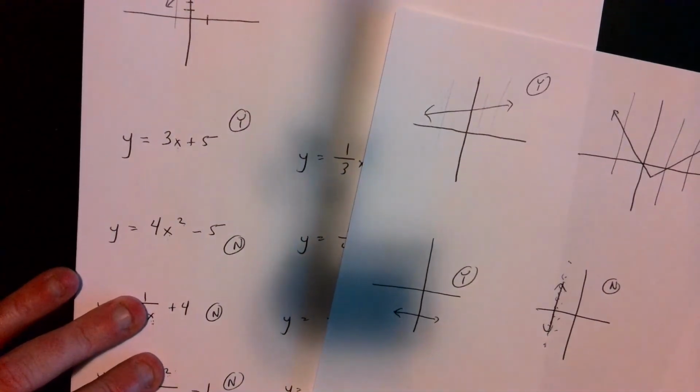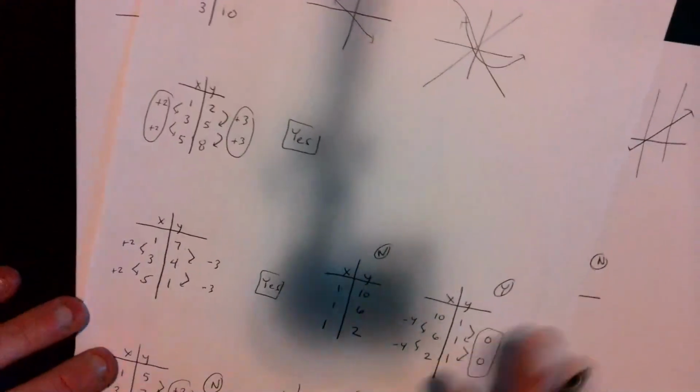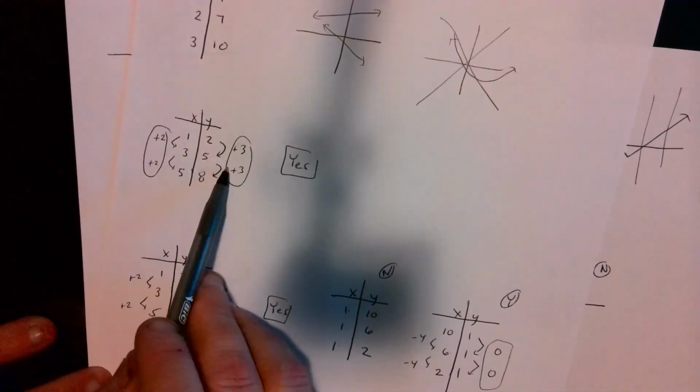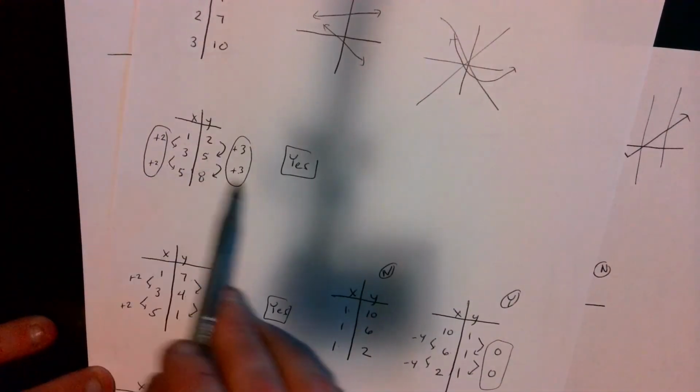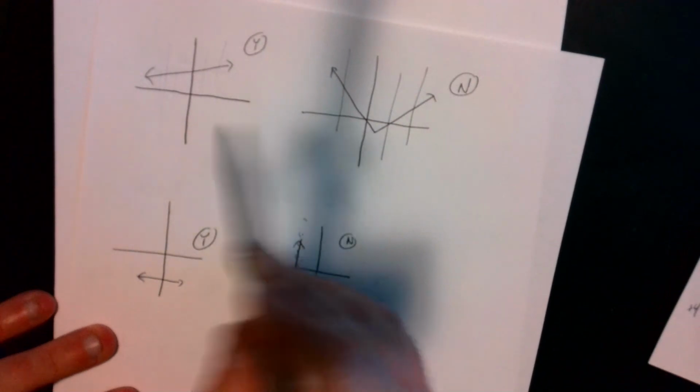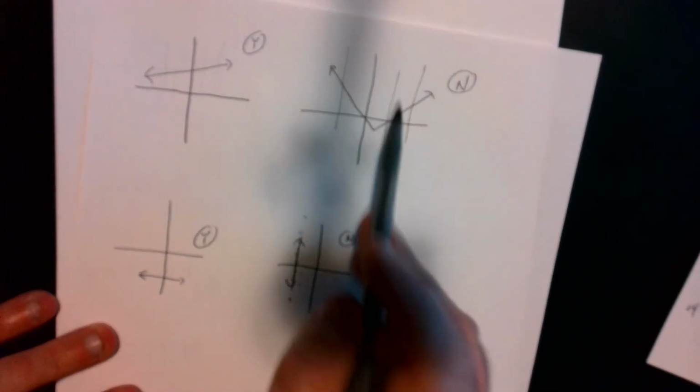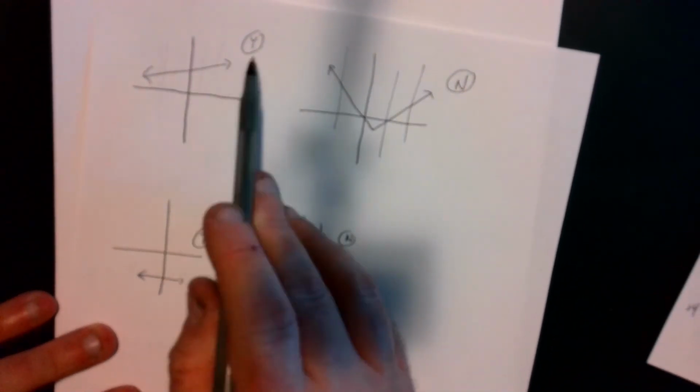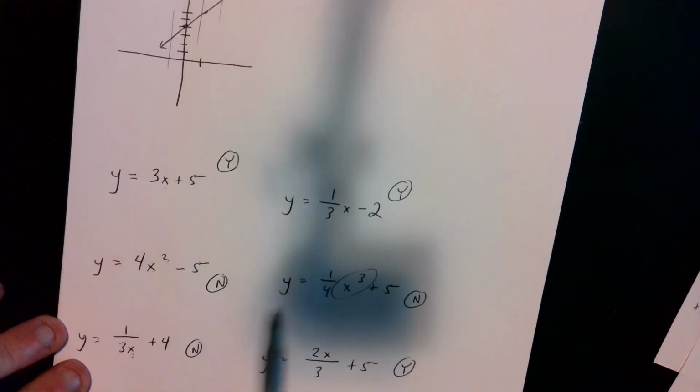You simply just have to do that. You have to look at tables, see if they have constant change on both sides, and tell us yes or no if it's linear or not. And you'll be given some pictures of graphs, and then make sure it passes the vertical line test, and make sure it's straight, and that makes it linear. And then you'll be given some equations, and you just have to look at the equations and determine if they are